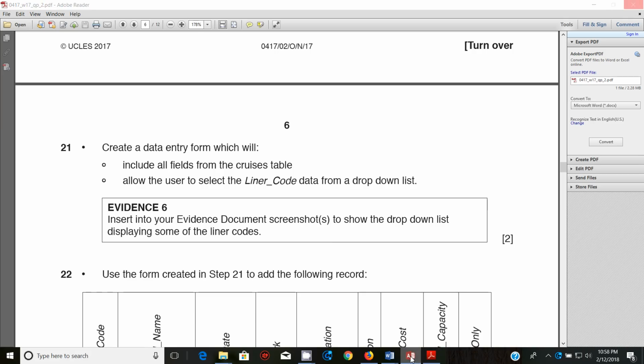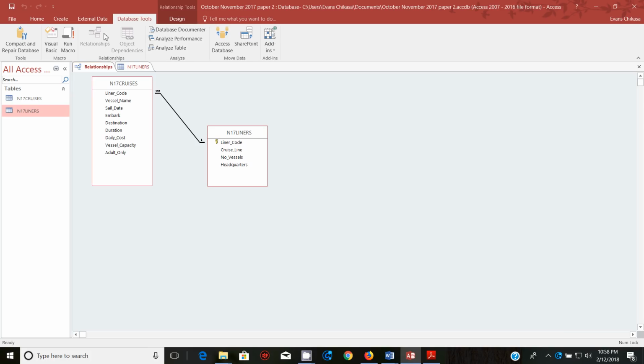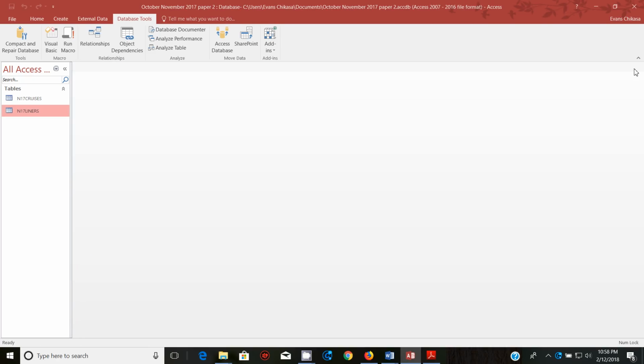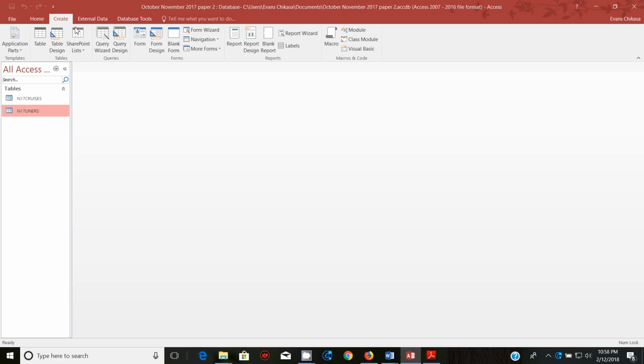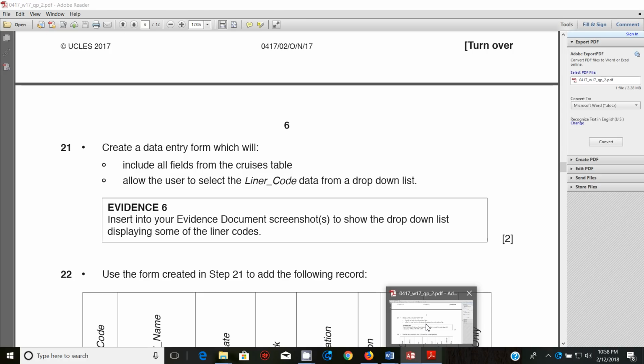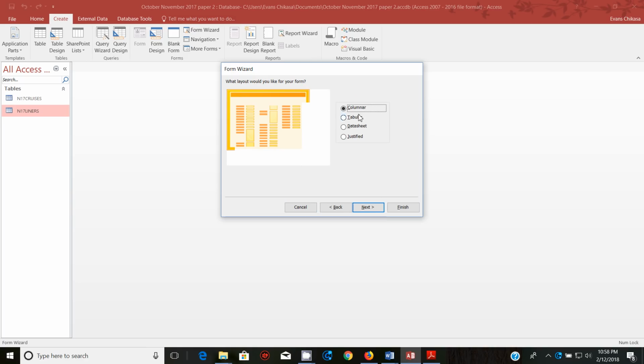So let's close this. We don't need the relationships for now. We can close them and we can close this. So what we want to do now is to create a form. Go to form wizard, and this time we want to select all the fields coming from the Cruises table, according to the question. So we've selected all of them, go to next and select the kind of layout that you want. I prefer having a columnar,